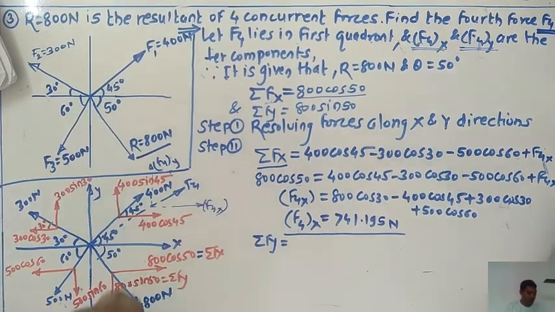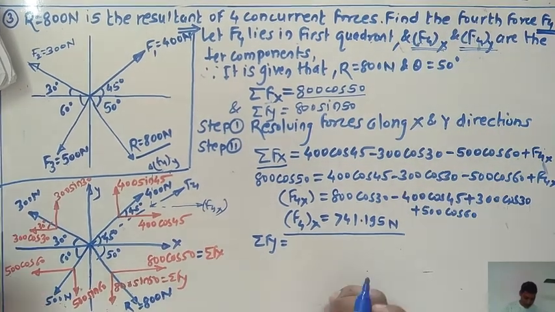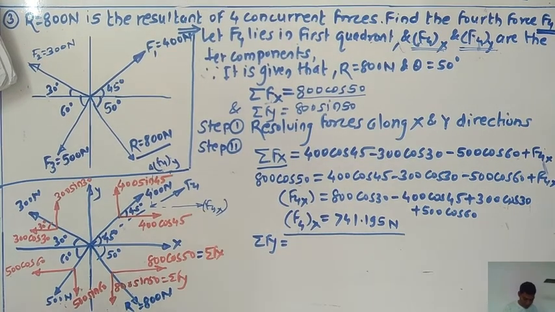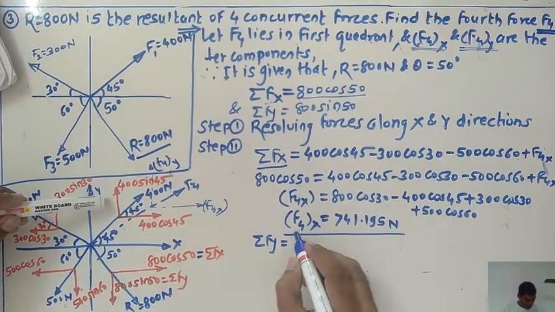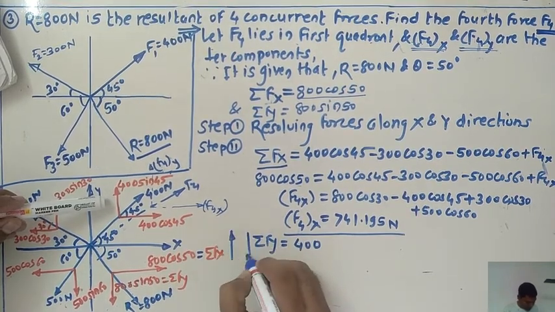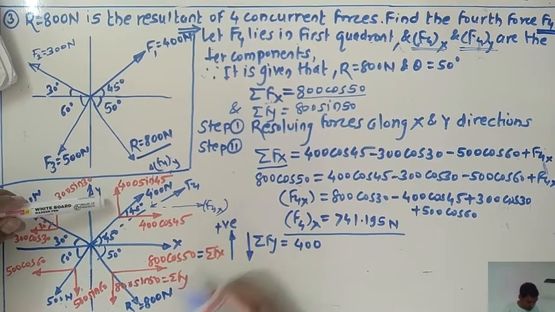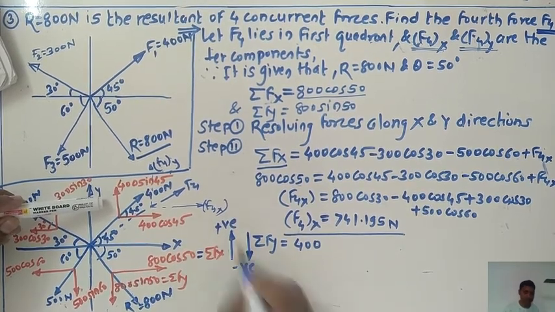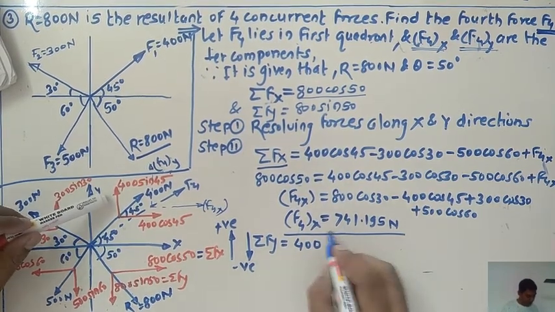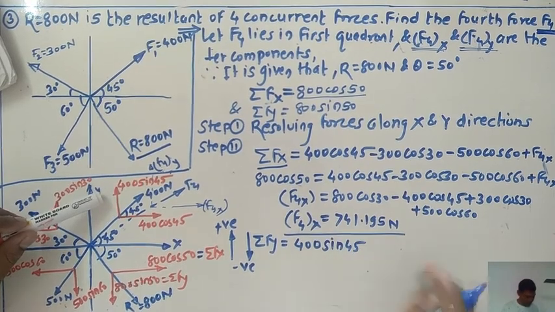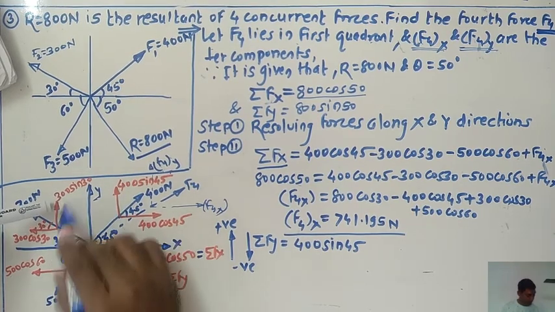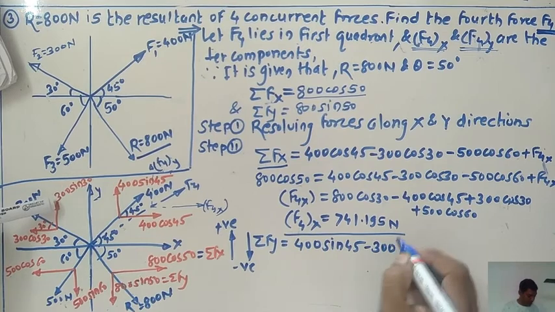Now focus on the vertical forces. Okay, so pick up the forces one by one. Here is the 400 sine of 45 force with us. Just see the direction of this one by considering this sign convention. Whichever force is running vertically in the upward direction, you need to consider as positive, and forces running in the downward direction, you need to consider as negative. So 400 sine of 45 is running vertically upward, which means you need to consider this force as positive. Similarly this force also runs vertically upward, so consider it also as positive.